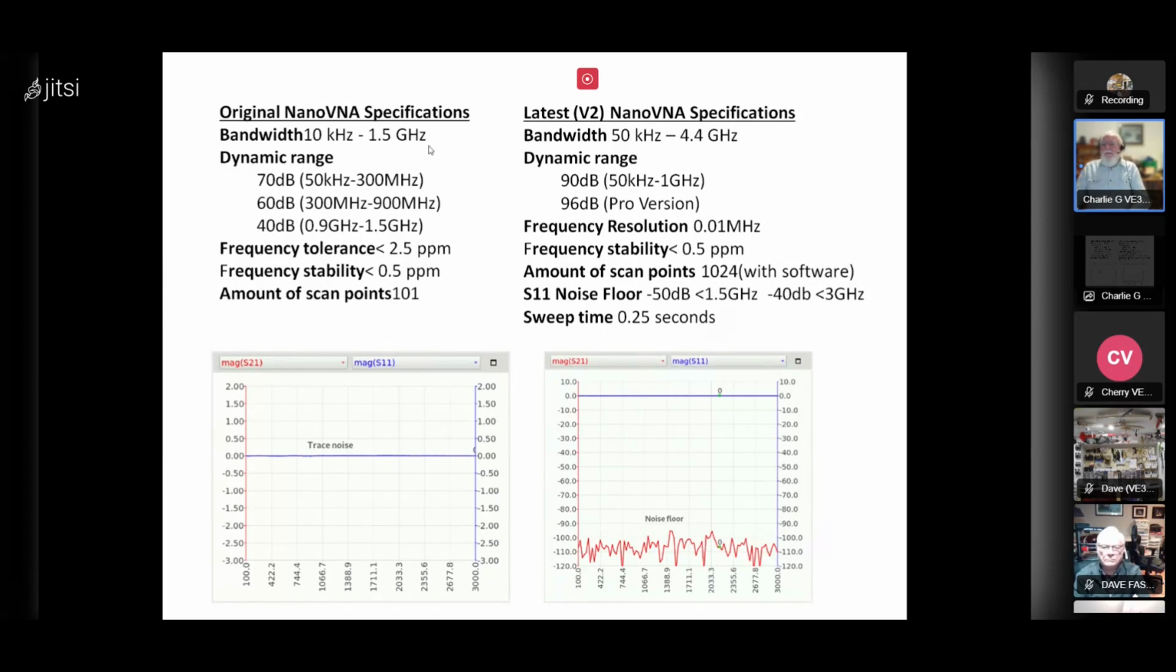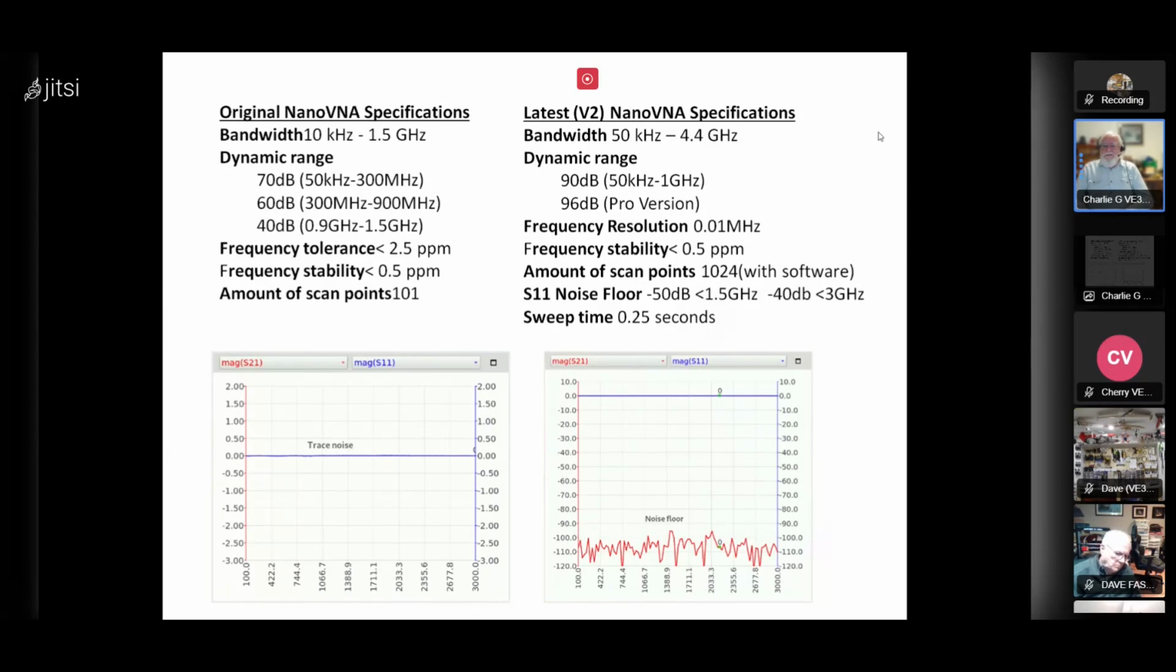NanoVNAs have come a ways over the years, and so the latest version, the V2 version, its bandwidth starts off a little higher at 50 kilohertz, but it winds its way up to 4.4 gig. It has a 90 dB dynamic range. The Pro version actually 96. Frequency resolution of 10 kilohertz. Frequency stability of 0.5 parts per million. It can do actually 1024 scan points, a significant improvement over that 101,